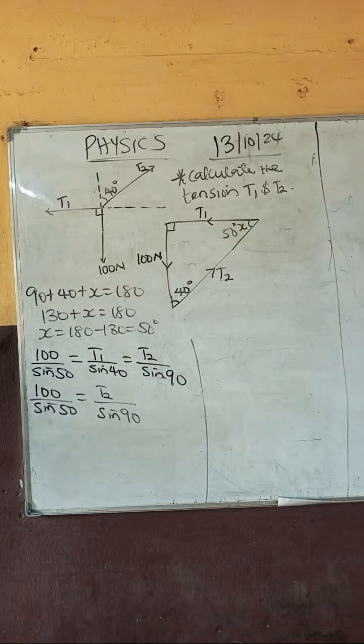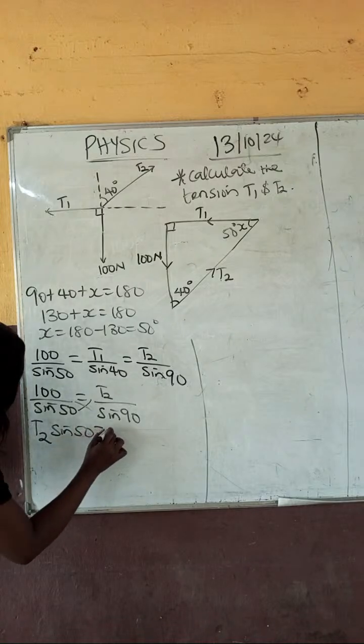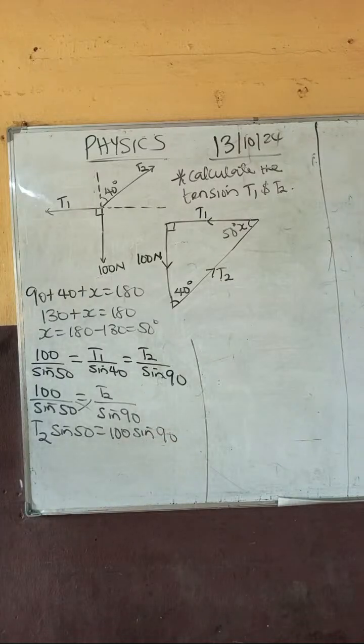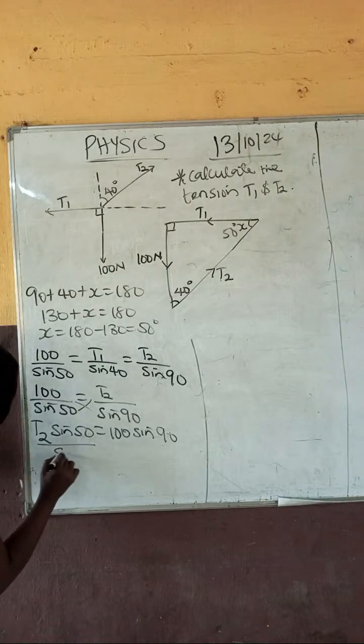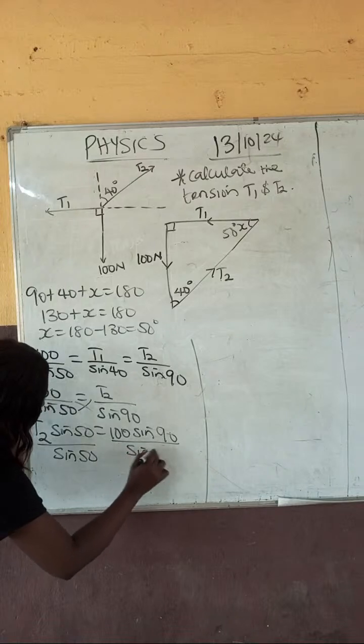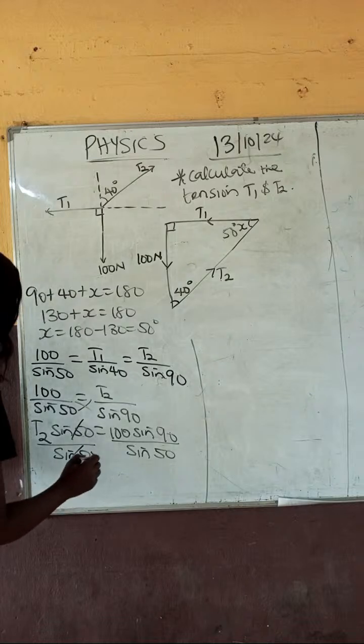So let's say cross multiply. You say cross multiply. T2 sine 50 is equal to 100 sine 90. So we divide both sides by sine 50. Okay? And this will cancel this to be left with what? T2